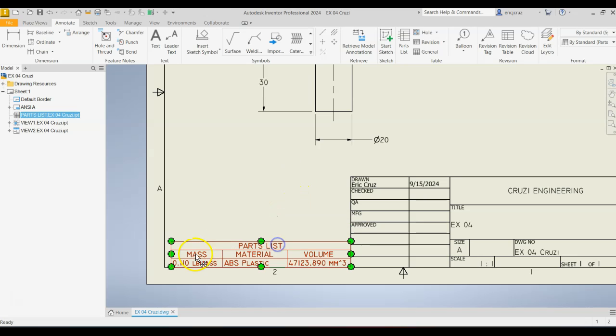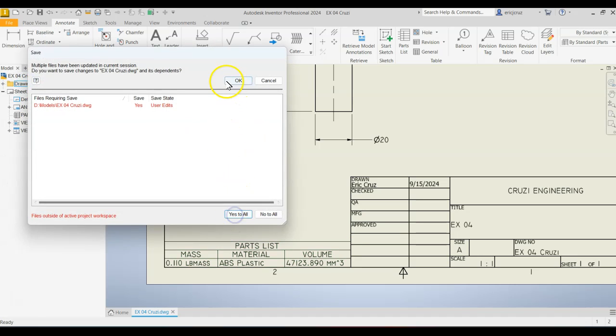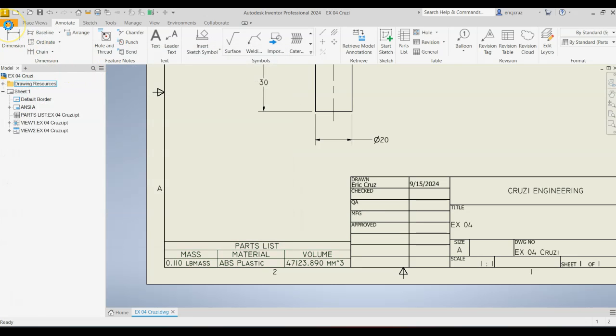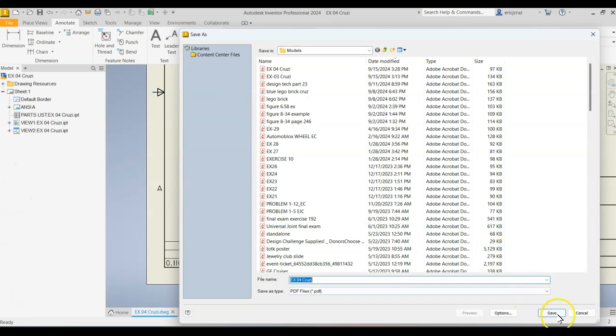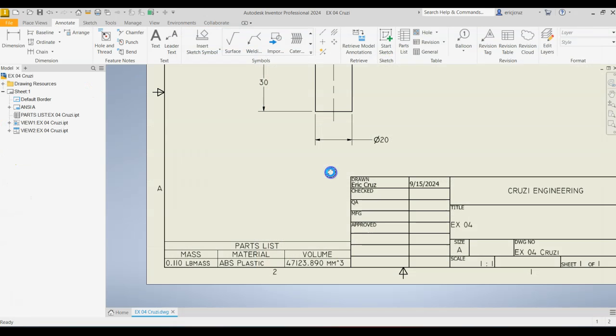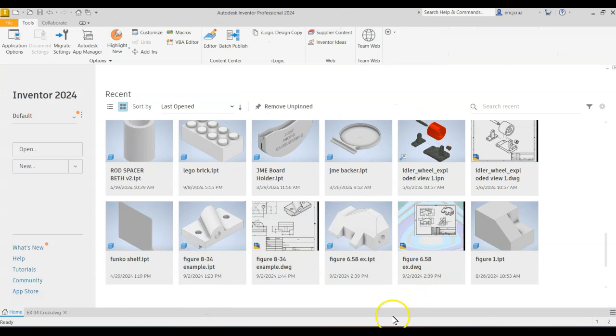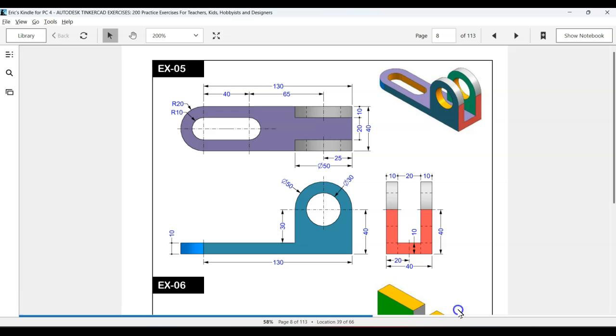Okay, and then I'm going to go ahead and re-export this file. Well, let me save it. Yes to all. Okay. Give it a moment. Alright, file, export, PDF, save. Do I want to replace it? Yes. Alright, now, the reason you came to this video is because we're going to do exercise 5 in this